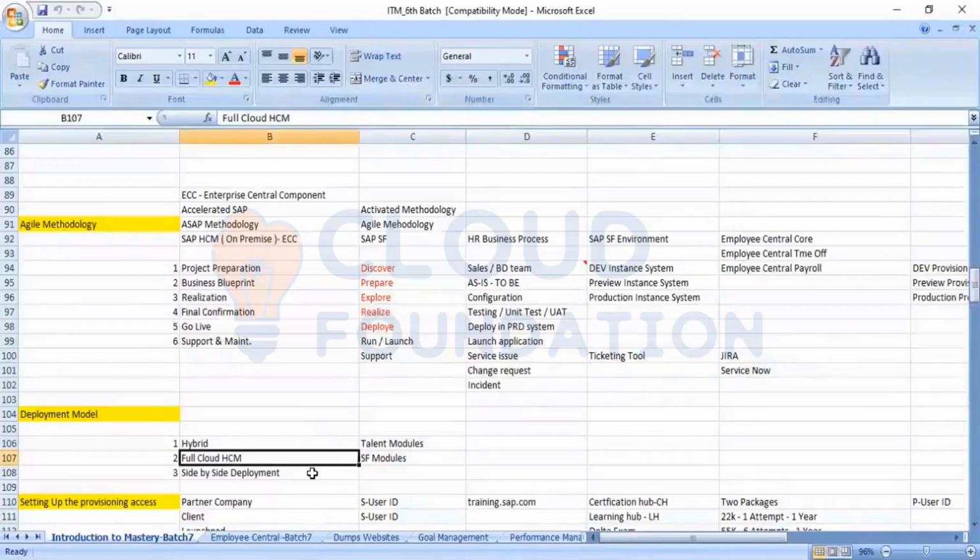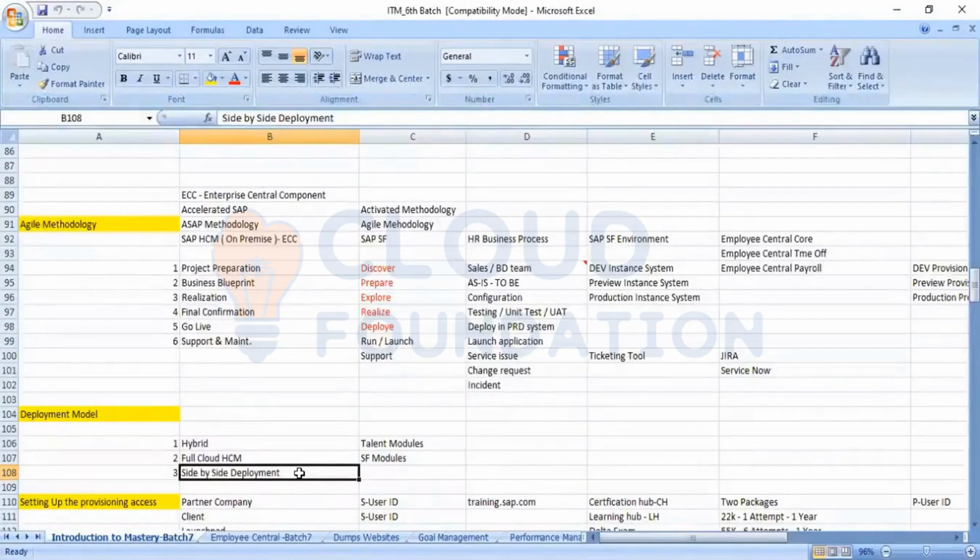Now the third scenario is something like a side-by-side deployment. Side-by-side deployment is another scenario where your customer has a group of companies. Let's take a group of companies like Reliance, which has various entities. They are into infrastructure, retail, and oil and gas refinery. Reliance doesn't want to go into the entire implementation for all the entities.